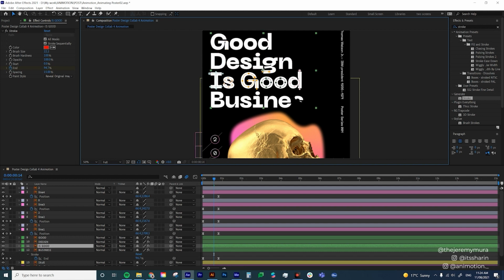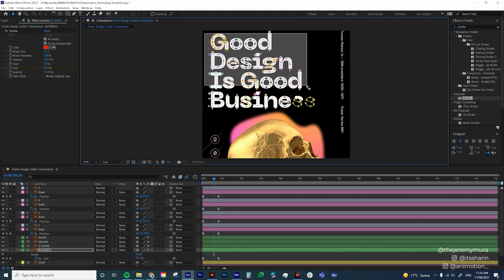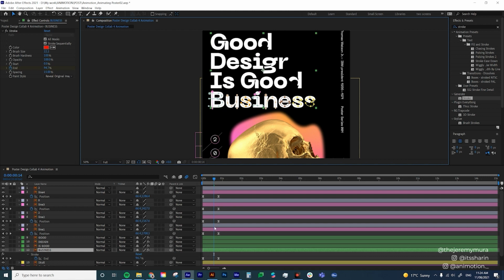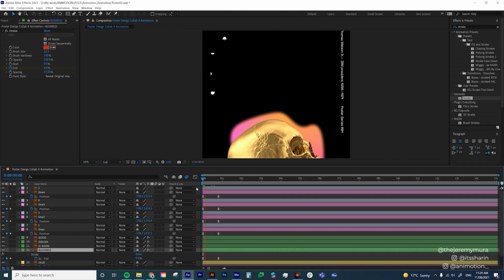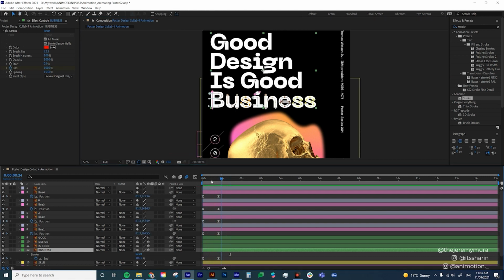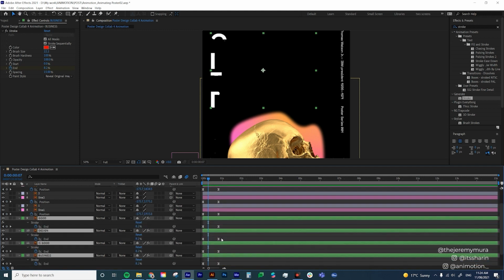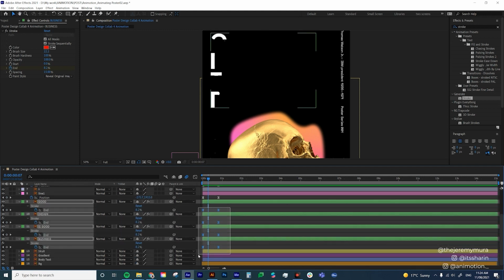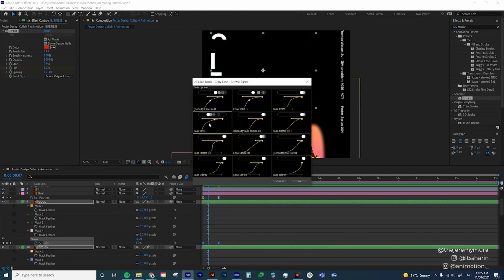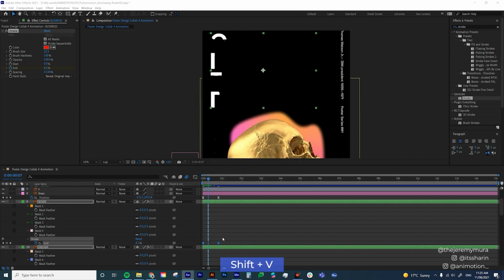And then this is the last one. So once that's done, let's just have a look again. So it just kind of animates like that. Now actually, after looking at the animation, I don't really like the movement of the easy ease. So what I'm gonna do, I'm gonna select all the keyframes on the green layer. I'm gonna hit Shift F again, and I'm gonna select this one, is in 04, and then Shift V to